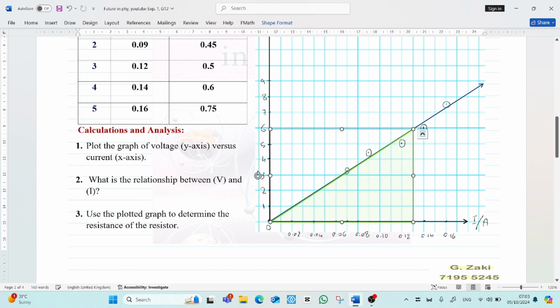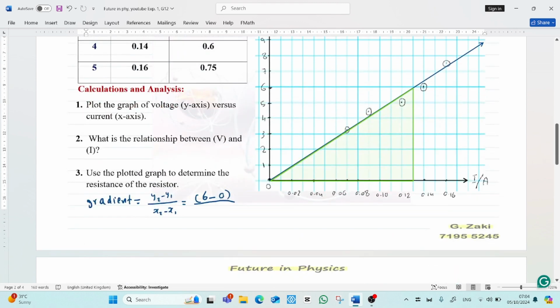We find the slope from this triangle. The gradient equals y2 minus y1 over x2 minus x1. y2 is 6 minus y1 which is 0, but remember on the y-axis we multiplied by 10 to the power negative 1, so multiply by 10 to the power negative 1, over x2. This point is 0.13, so 0.13 minus 0. We use the calculator to get the value. The answer is